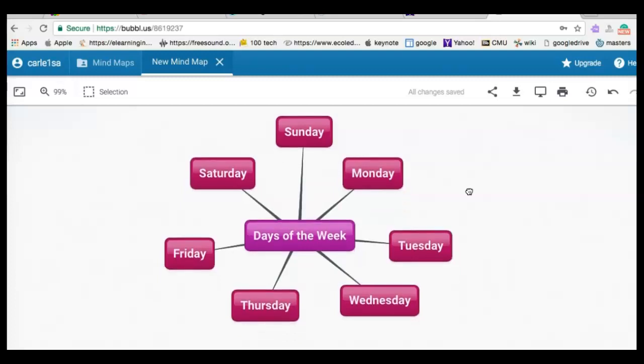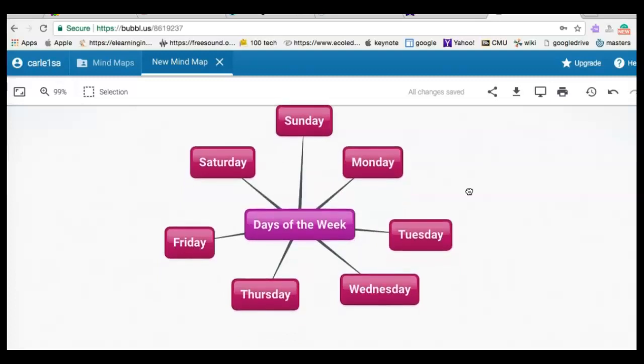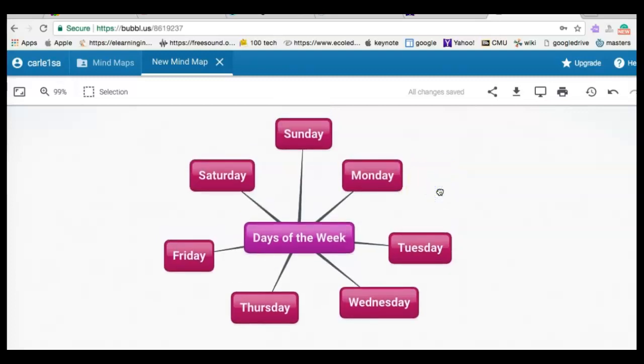So once I am finished, all I need to do is either take a picture, which is what I like to do because it's faster. I can do that if I have a Macintosh. I can also do it if I have a PC, but don't ask me how because I've never tried. The students know how to take a picture. Some of them know how to take a picture. The other thing that I can do is click on download,